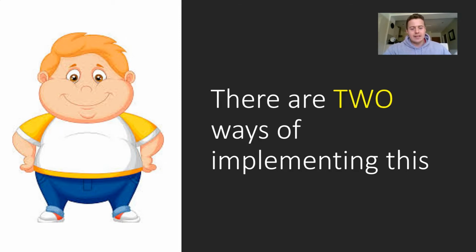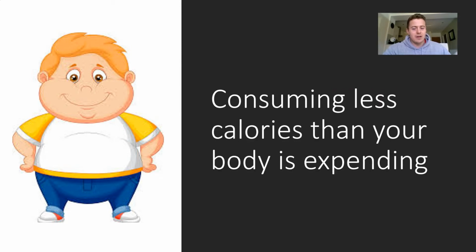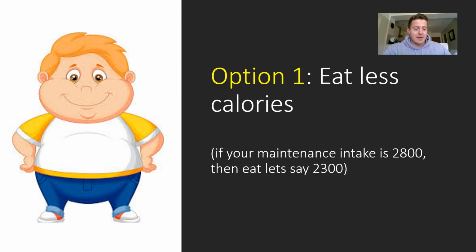So there are two different ways of implementing a calorie deficit. The first one is eating fewer calories. When we go back to the easy definition of a calorie deficit, consuming fewer calories than your body is expending, what most people seem to think that means is you have to eat less, and that's it. The problem with just eating less is, let's say we're talking about Ted here, whose maintenance calorie intake is